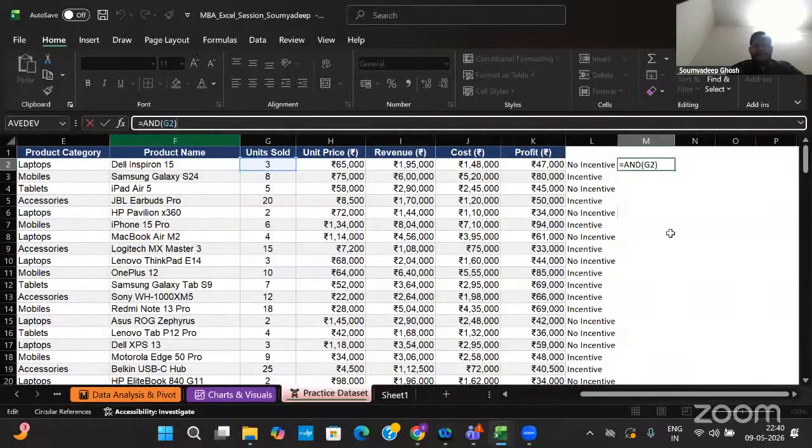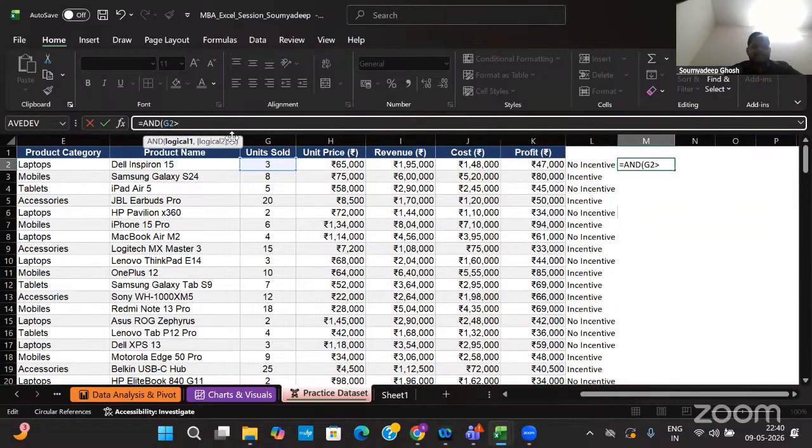The screen was not visible. Yeah, right now it is not visible. Can you please reshare? Okay, now it is perfectly fine.